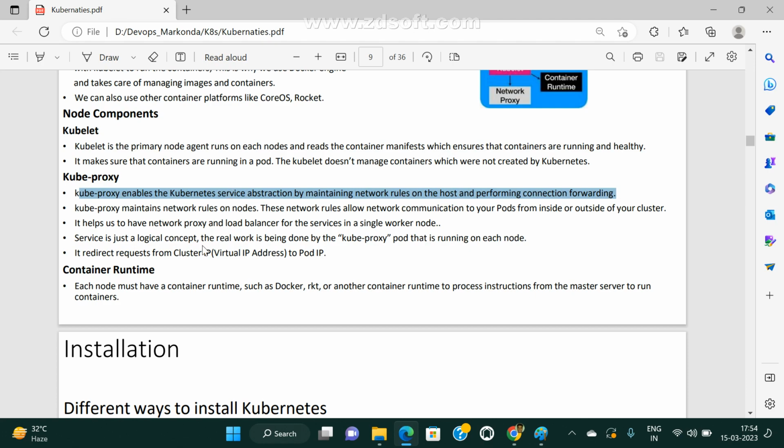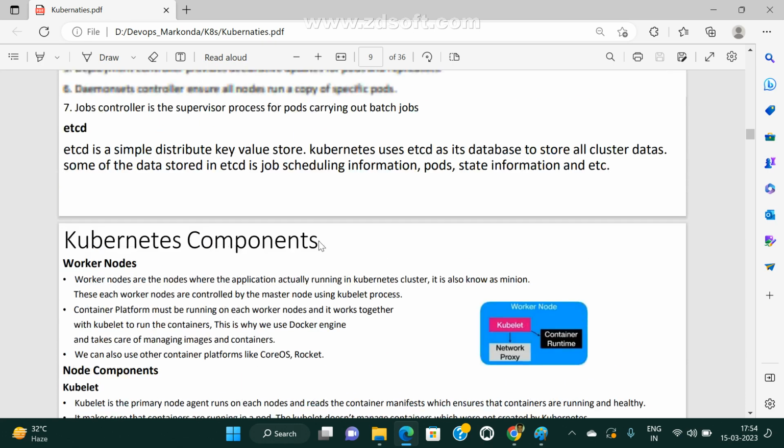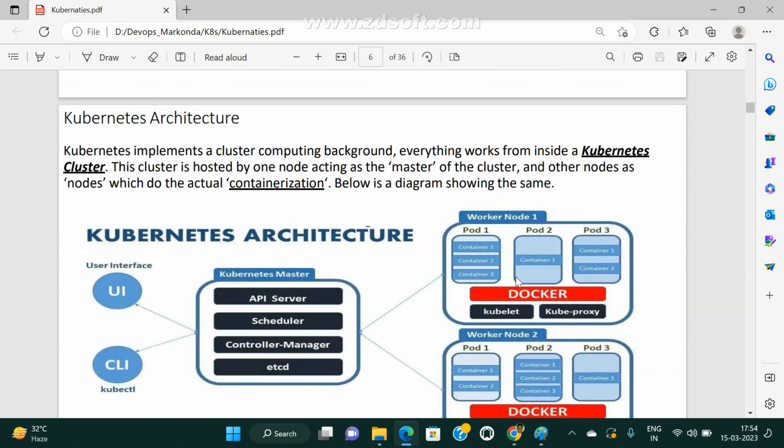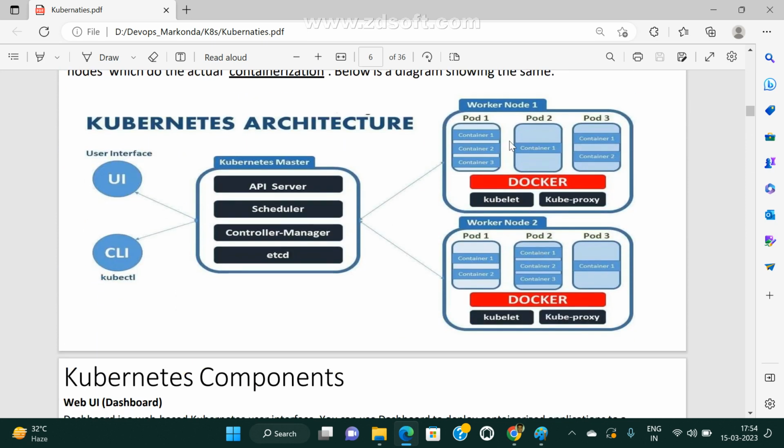This is totally related to network communication only. How this worker node connects to that worker node, how this pod connects to that pod. This and all is taken care of by kubeproxy. You don't worry, by default one network is available in Kubernetes.